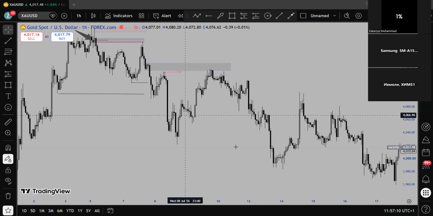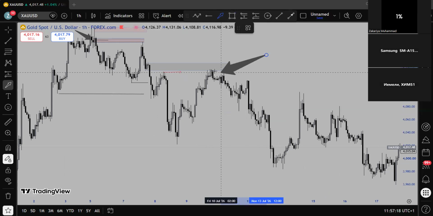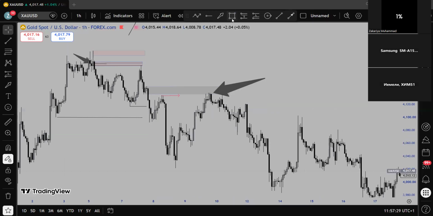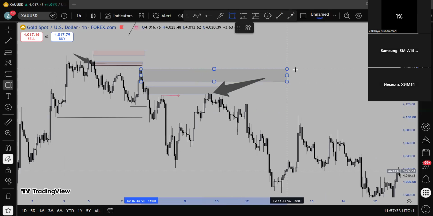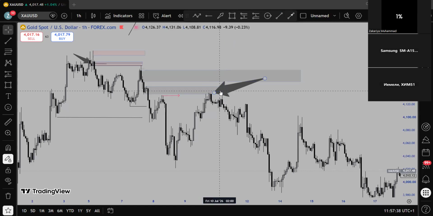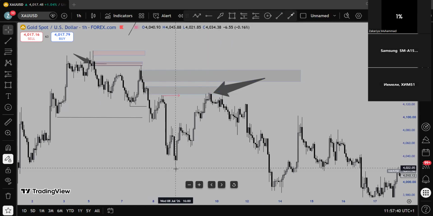And then the next thing, what? You want to see market take out the last low of this structure, because the purpose of this swing high is to take out the swing low. So if market could not do that, we know that definitely this is going to be an inducement, and market might come back and use this OB right here. Do you understand? Yeah. So if we have this zone, we have to see market take out this low to confirm that okay, this is a strong high.